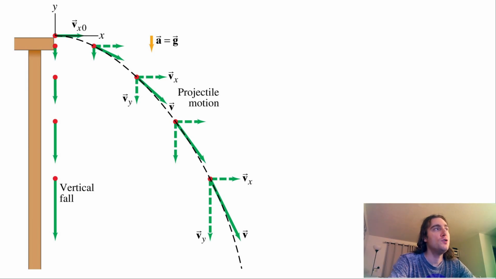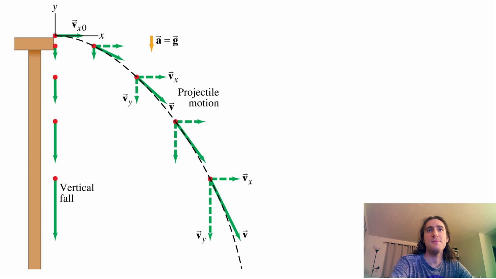Here we have two projectiles. One projectile is released from rest, while another projectile is simultaneously flicked in the x direction, so that it has an initial x component to its velocity. What we see as we compare the falling process of these two projectiles is that at every time interval, the